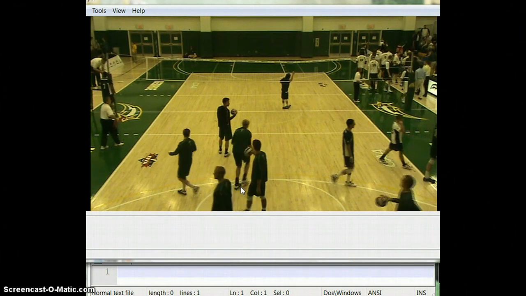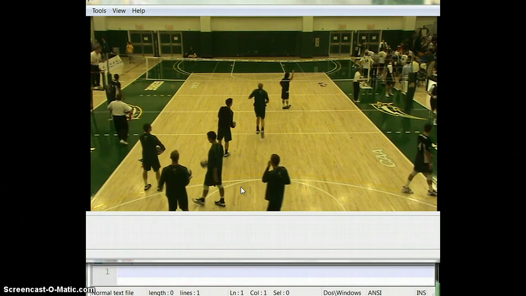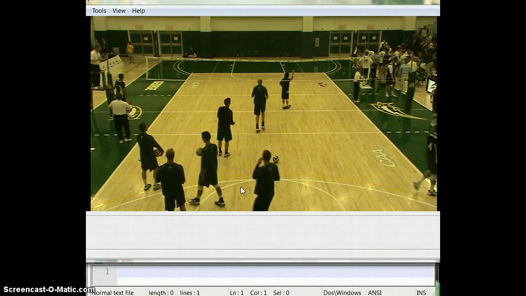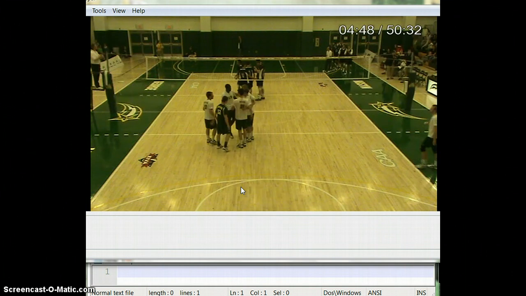So let's say I came across a rally that I want to watch again. All I have to do is press space. So pause it, do Shift, and then you know how right arrow makes the video skip forward, the left arrow takes you back 3 seconds. So if I want to go back 3 seconds, I would do Shift and then left arrow, and that would take me from 4:51 to 4:48. From 4:48